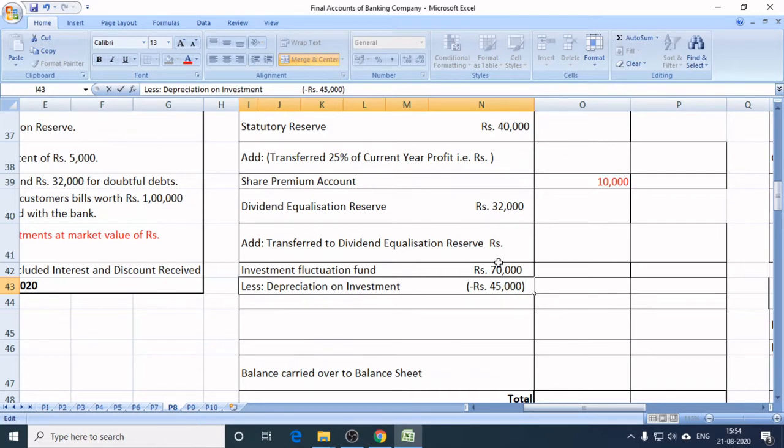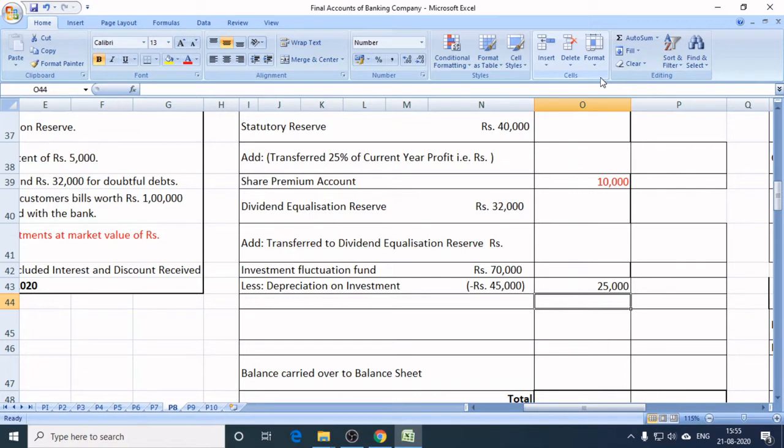तो 70 में से 45 गए तो बचा कितना? So 70,000 minus 45,000, so 25,000 rupees is the new value of investment fluctuation fund. इट इज इम्पोर्टेंट, मैं आपको फिर से एक्सप्लेन करना चाहूँगा यही एडजस्टमेंट। देखो, अगर प्रॉब्लम में डायरेक्टर के हिसाब से हमें इन्वेस्टमेंट को नए प्राइस पे दिखाना है, तो नए प्राइस की वजह से जो भी एप्रिसिएशन या डेप्रिसिएशन होने वाला है इन्वेस्टमेंट के प्राइस में, हमें वो